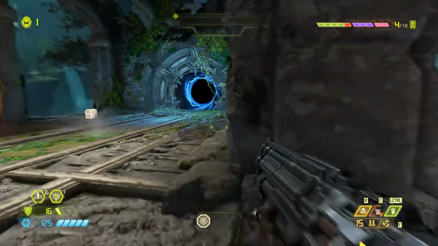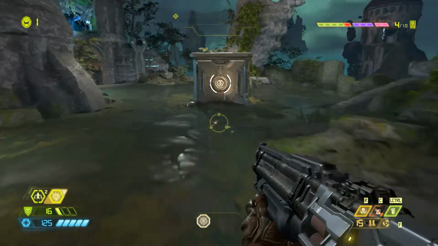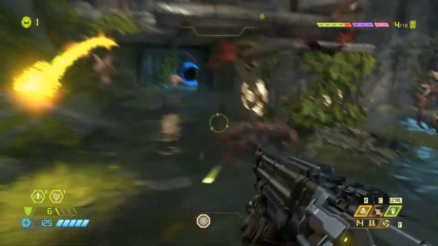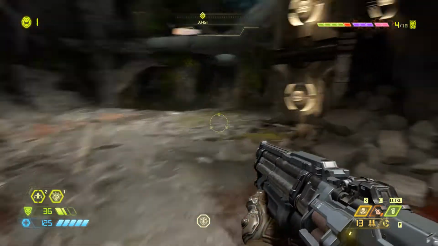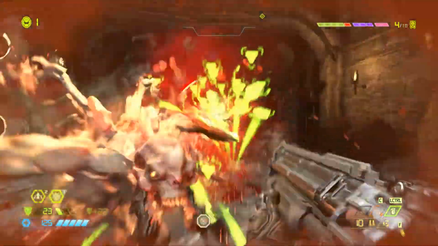Okay. Oh, these portals here will transport you from one side of the map to the other. These are fairly common. And these arenas play like Doom, but almost more like Quake 3 Arena. I mean, because you've got your jump, you've got your dash, you've got so much mobility that...